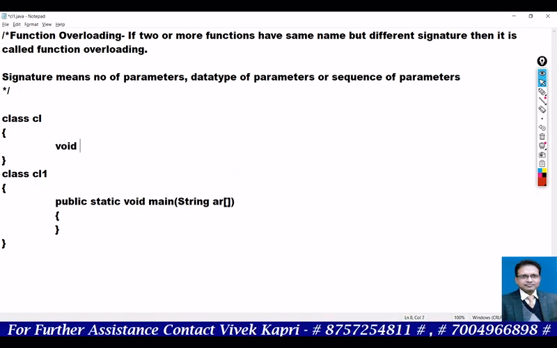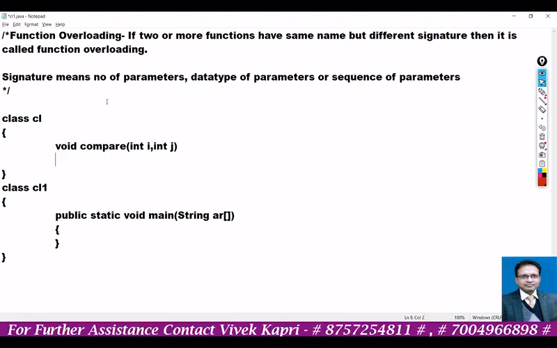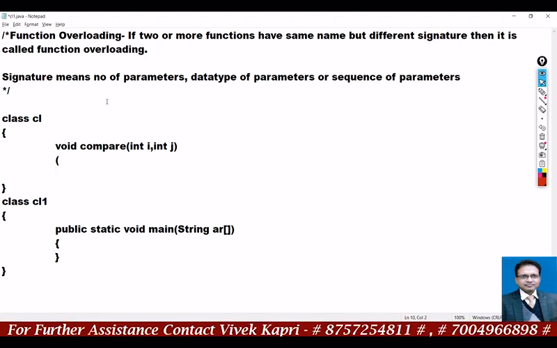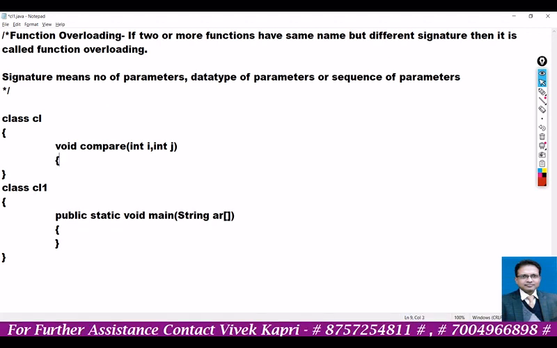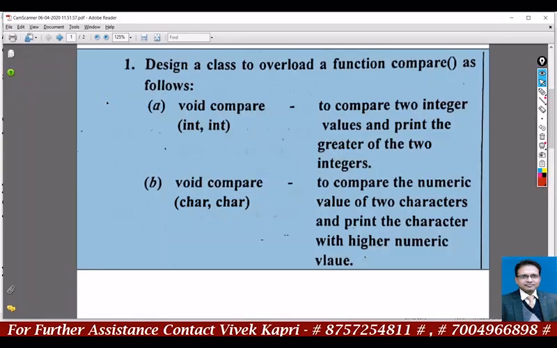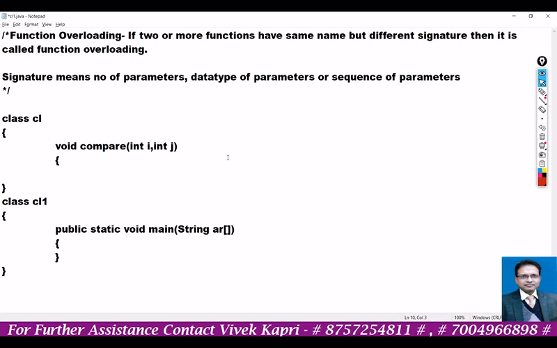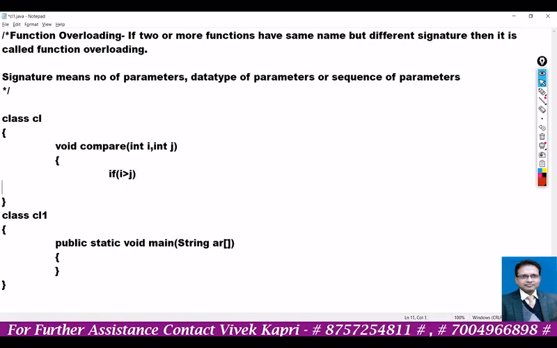Okay, void compare two integer values, int i comma int j. What is the function definition? To compare two integer values and print the greater of the two integers. So if i greater than j,